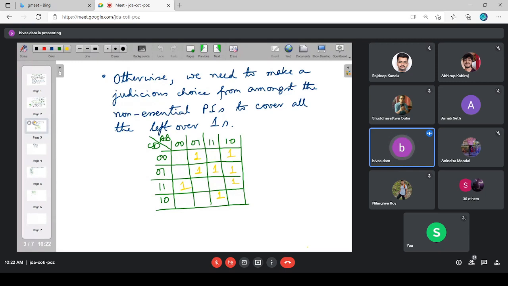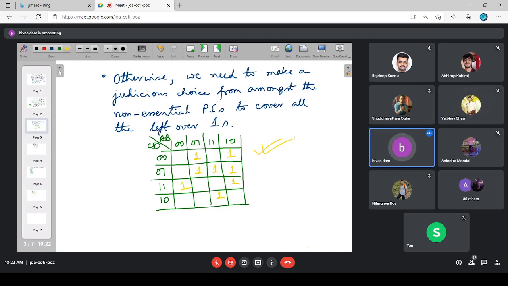The truth table says that for 0000 input combination, the required output is 0. For 0001 input combination, the required output is once again 0. For 0010, it is also 0. For 0011, it is 1. And so on, whatever I have written there. So after mapping the truth table, this is the kernel map I have obtained. Till this point, any doubt? No, sir. Fine. Thank you.